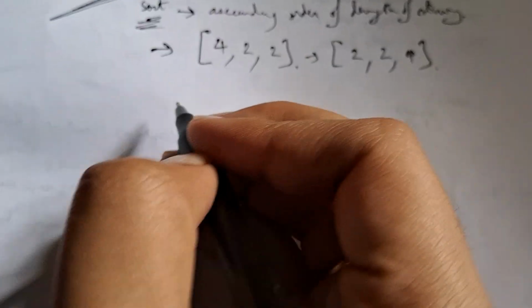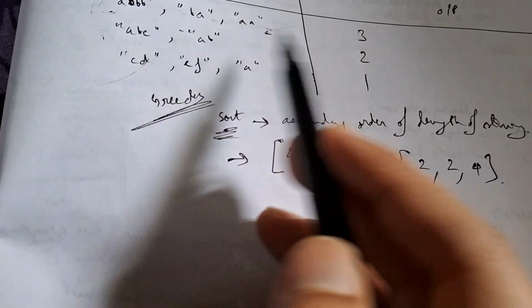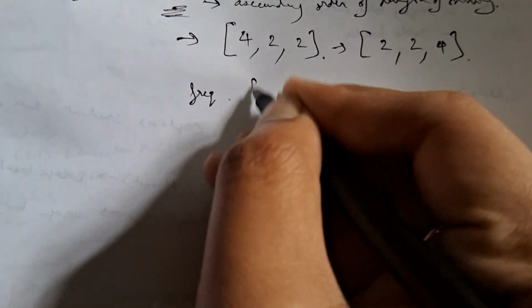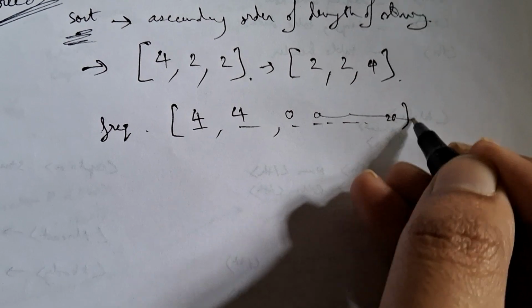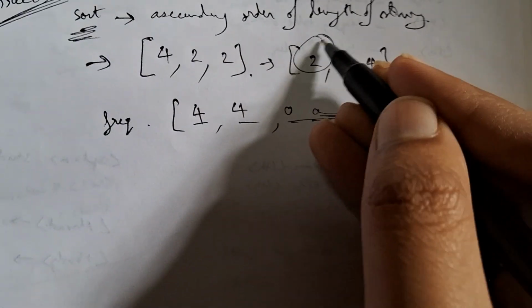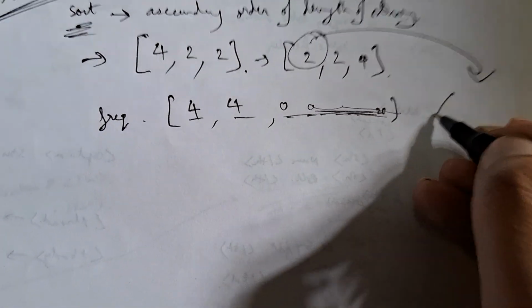Okay, clear? So now since we are done with the sorting part, we'll check the frequency. The frequency of A is 4 and B is 4. So the frequency array looks somewhat like a row of 26 entries, from A to Z, and this becomes 4, this becomes 4, and the remaining are 0, so we don't need to look into them. So for the first one, 2, what you need to do is divide this by 2 and